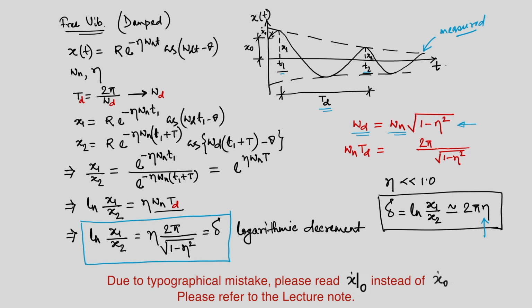We will solve some problems and see how we can apply this for measured response, but for the time being, the technique we have learned now is called logarithmic decrement technique, which uses damped free vibration to find out the parameters of the system.